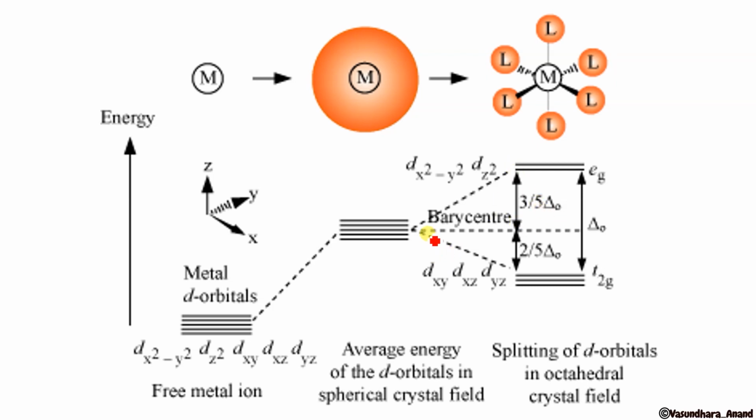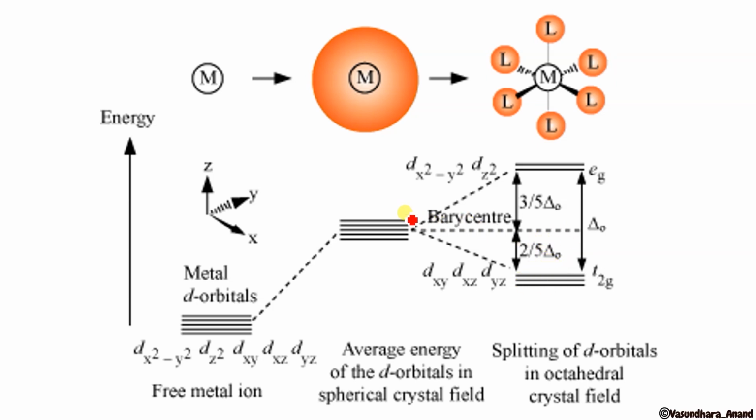Okay. So now here, the energy gap between this Eg and this T2g is considered as the crystal field splitting energy. That is, delta is crystal field splitting, and O represents octahedral field ligand. So in the octahedral field it will be delta O. So the complete difference between Eg and T2g is considered as delta naught. If we see from the normal stage, from the excited one, these two will have their energy increased by 3 upon 5 delta naught, and T2g energy will be decreased by 2 by 5 delta naught. Yes, so this is the fact to be learned.